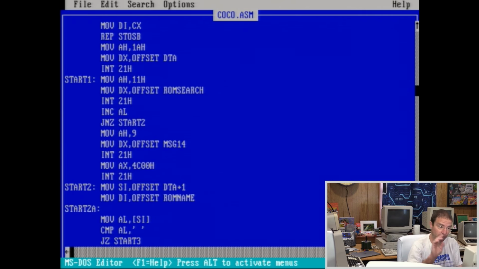And believe it or not, when I first went through this, this is exactly how I found it. I got stupid lucky, and it was really easy to find. So we found our int 11 call. And what we're doing here is we call int 11, go to the offset of ROM search, which, if you remember from the top,